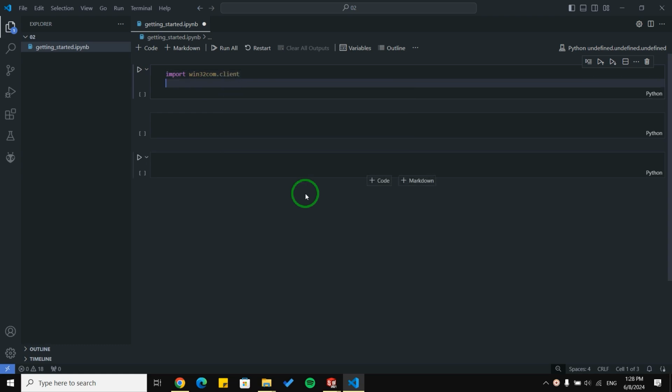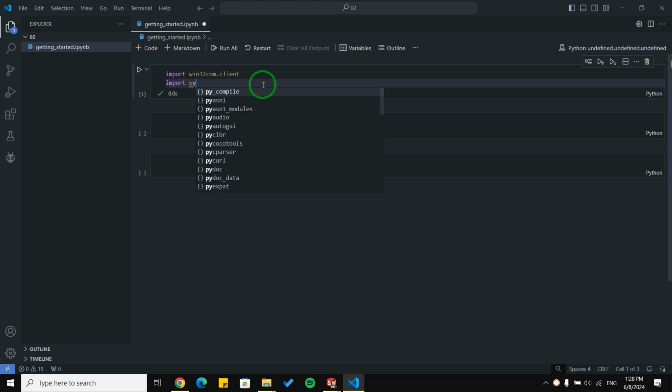Okay, I'm going to run it with Control plus Enter. So I have this library, and if you don't have this library or other libraries that I will use, you can just simply download them and install them using pip. The other one is import pythoncom, and I'm going to run it, and everything is okay now.